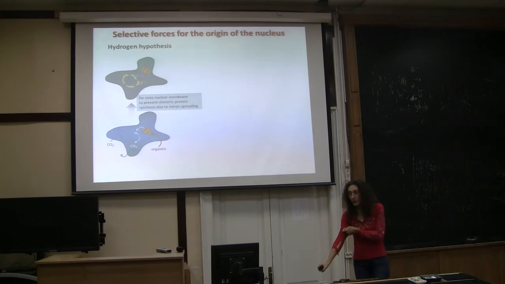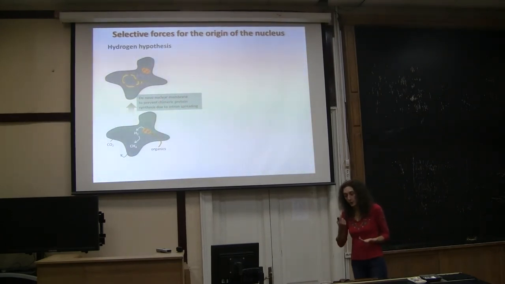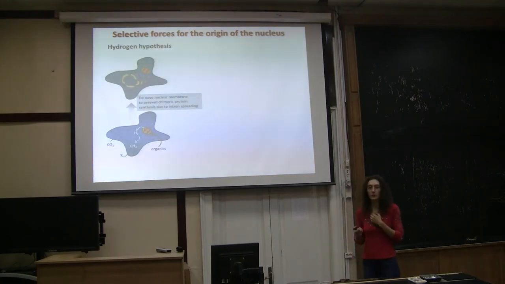In the case of the hydrogen hypothesis, they proposed that the nucleus, in 2006, evolved de novo to prevent the formation of chimeric protein synthesis after introns spread. But this is again very difficult to understand or seems like a contradiction because you cannot create a membrane after the problem has appeared. You have to have the membrane before introns appear. A single intron, so the presence of an intron would trigger